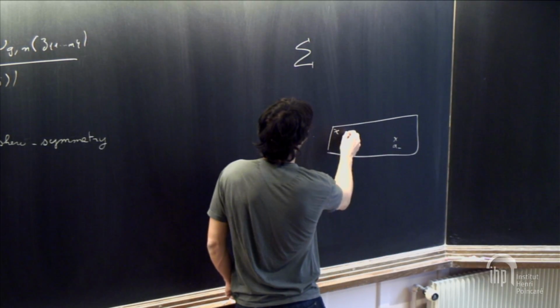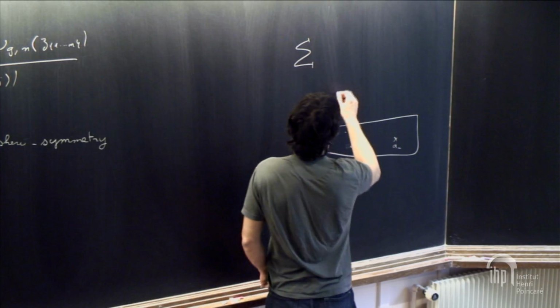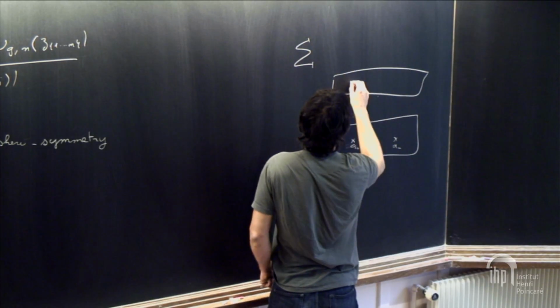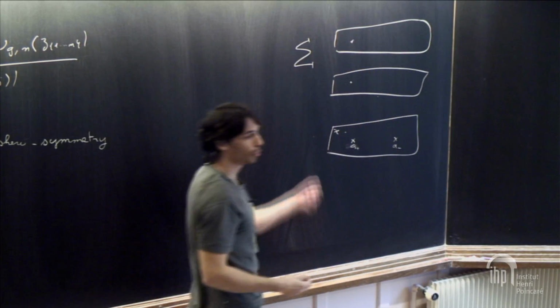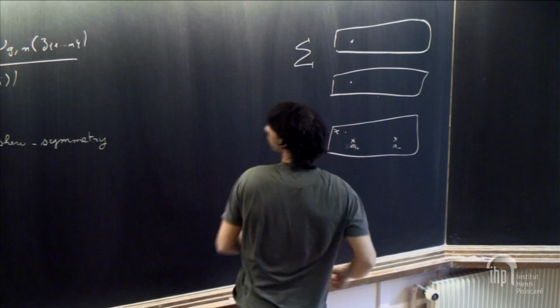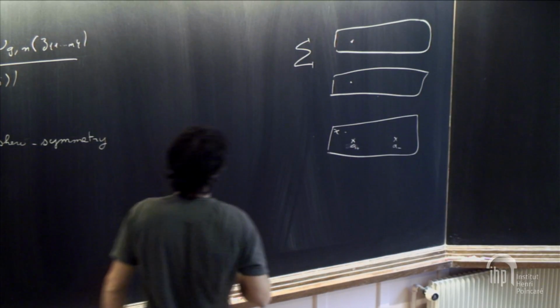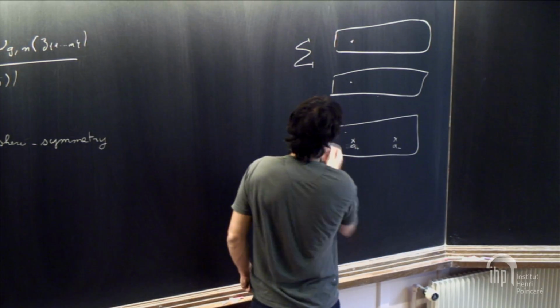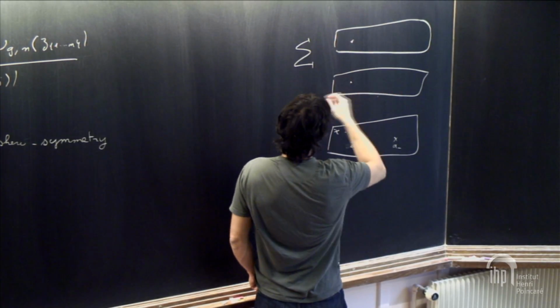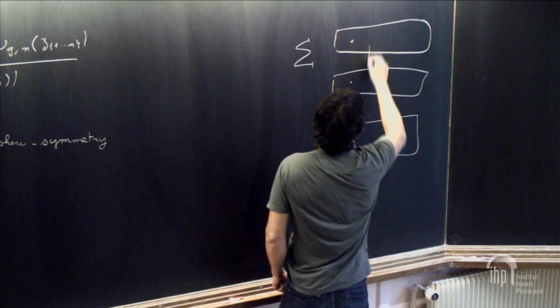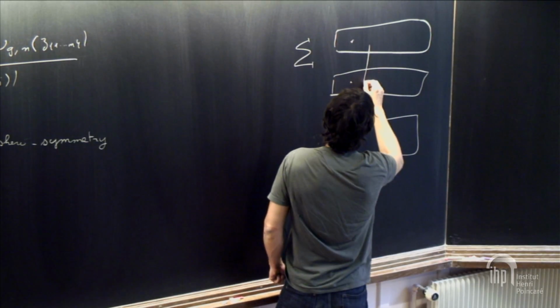And if I take a generic point on the surface sigma, for a given value of x, I've got 2 points, which correspond to the 2 branches of solution to a quadratic equation. So above x, I've got 2 points,